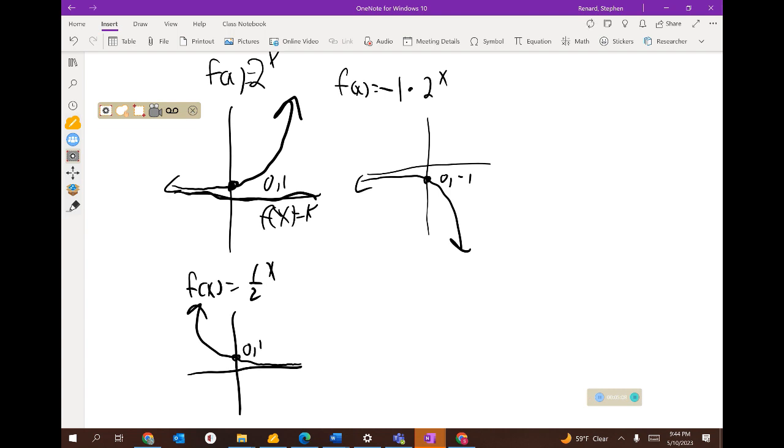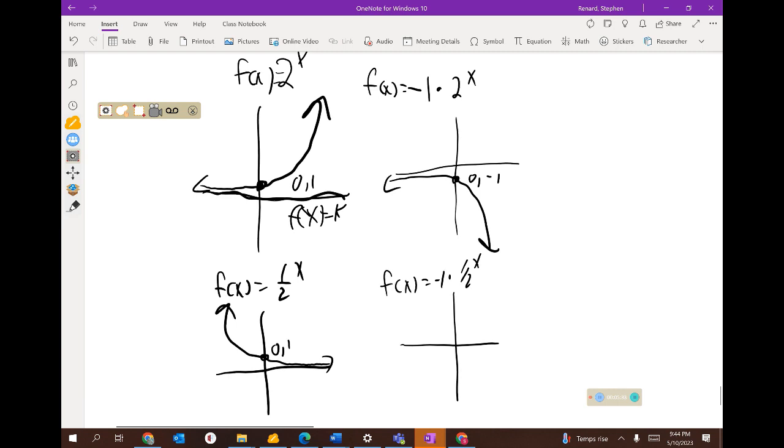We still have this point (0, 1), because if we put a 0 in for x, we're raising 1/2 or whatever it may be to the 0 power. And anything raised to the 0 power is 1. And then if we have f of x equals -1 times 1/2 to the x. Same general idea, we're going to flip it over the x-axis, and this still is (0, -1). So these are your 4 basic